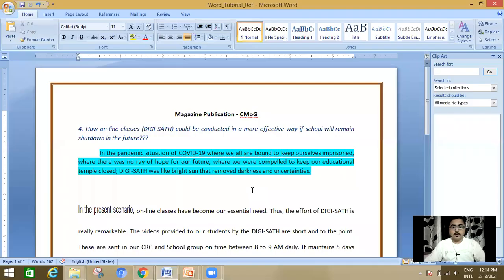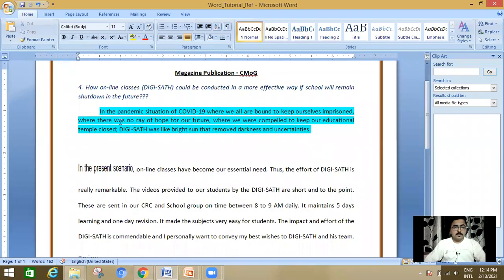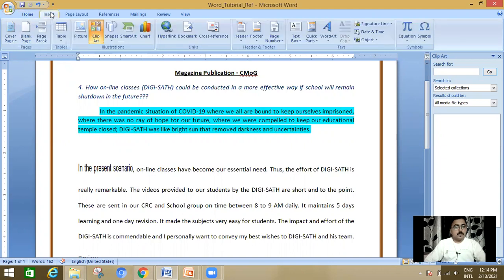So this is a Word document. Let's see, from this paragraph, I want to insert a page break. So click on the particular area, go to the Insert tab, then in the page section area, click on Page Break.